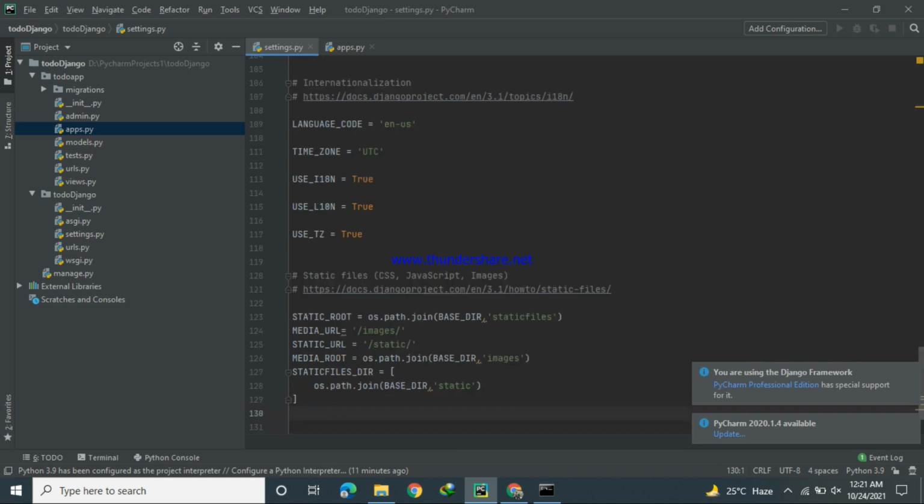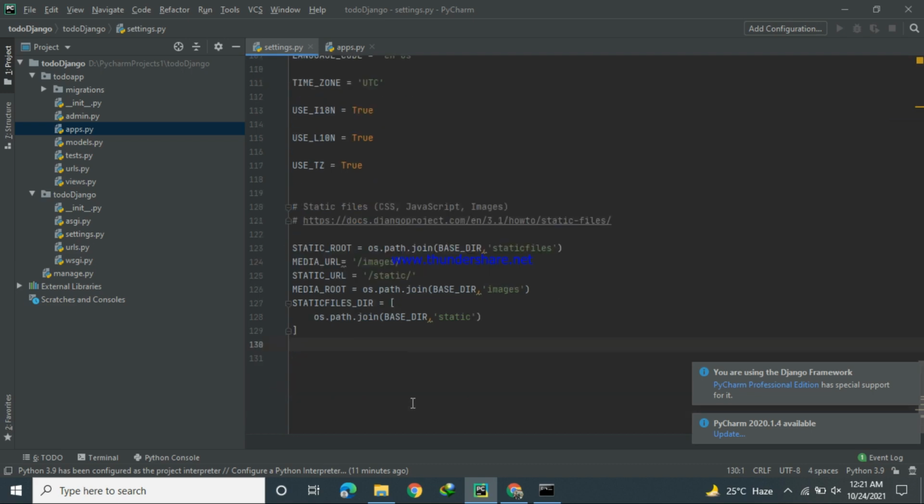so for static files we have to import whitenoise. Okay, whitenoise is a library which deals with our static files.